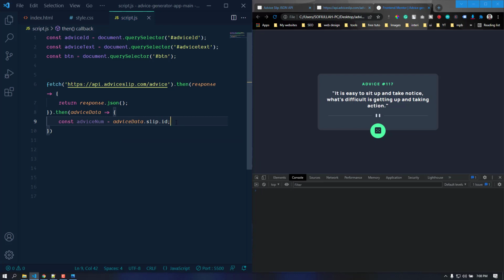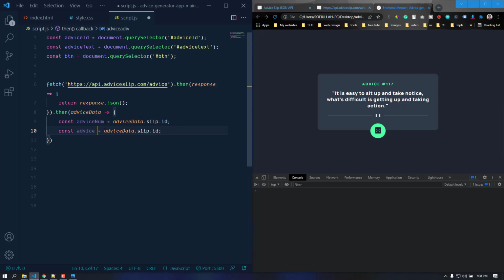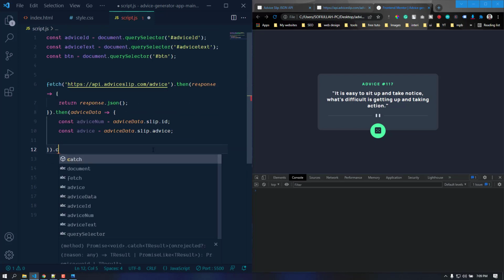After that, we also need to grab the advice. So let's just copy this, and for the second constant name, I'm just going to name it advice, just advice. Okay, so we are going to grab the advice from here. Let's just save. So we're going to display it, but before getting into that, we need to also add a